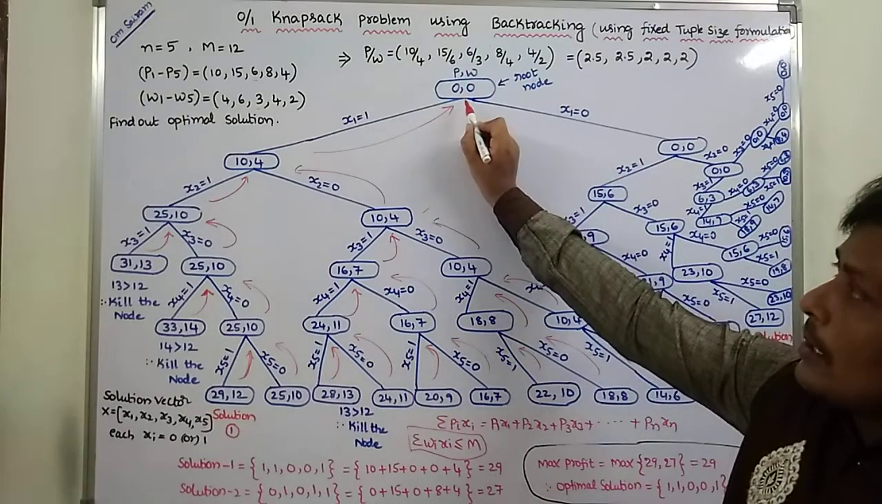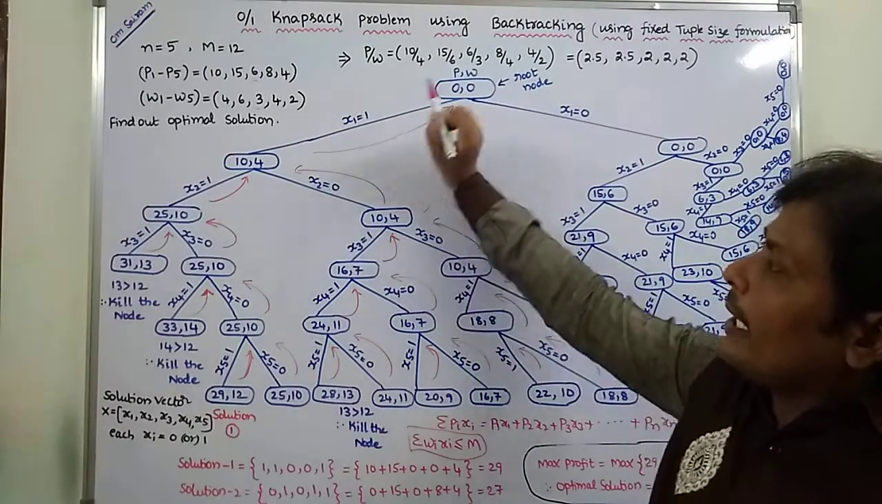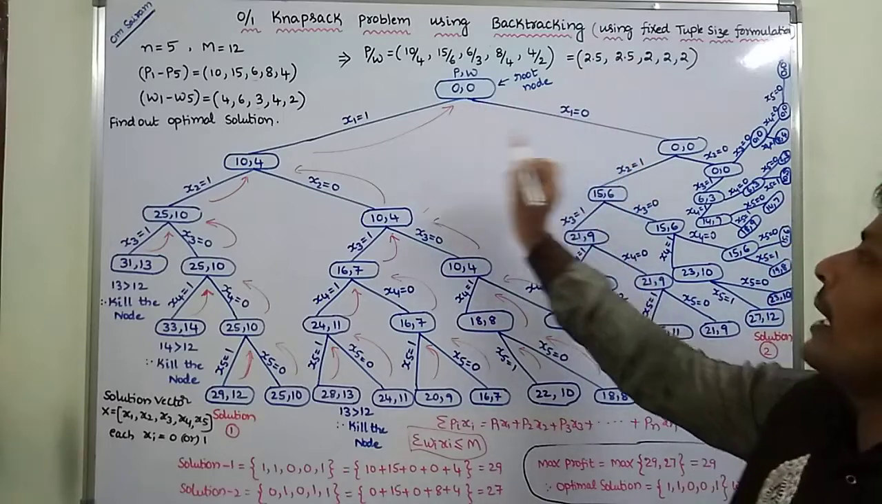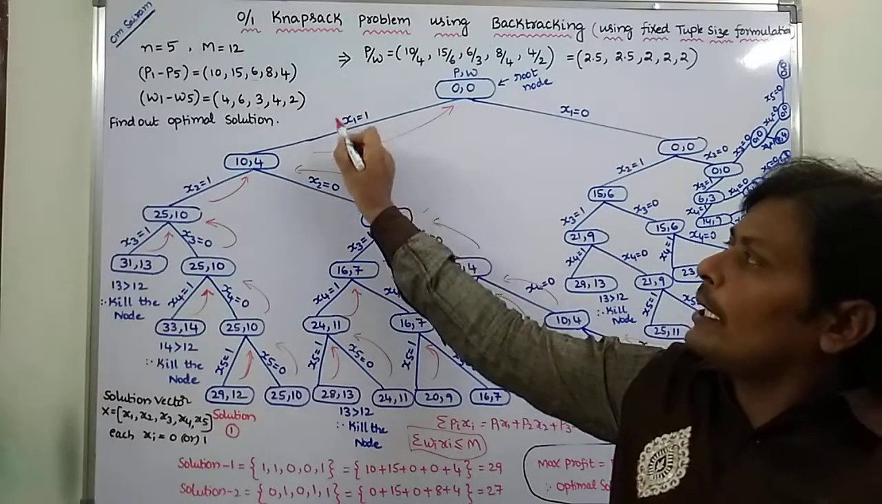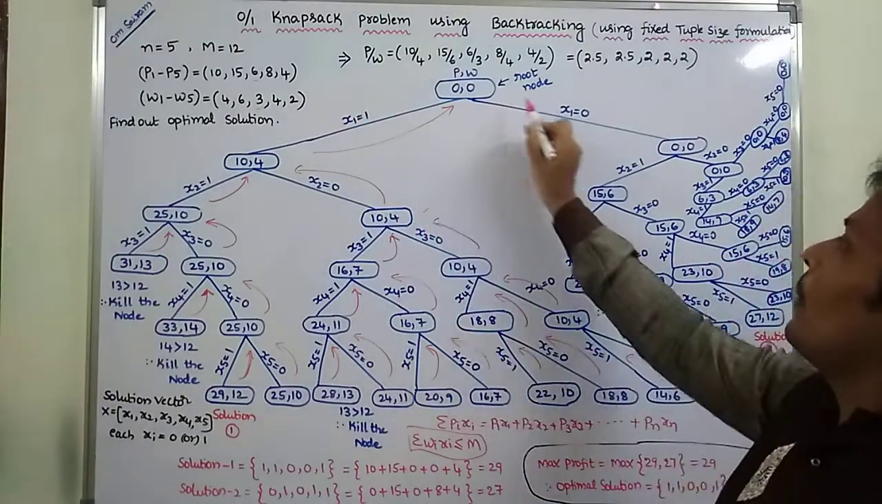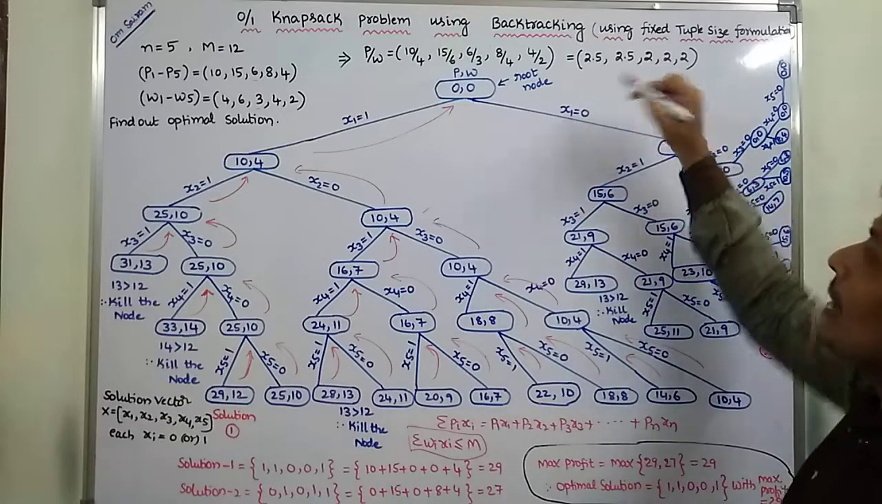Now the left subtree is completed. So now we go for the right subtree. Here one possibility is x1 is equal to 1. Now we go for the right subtree, x1 is equal to